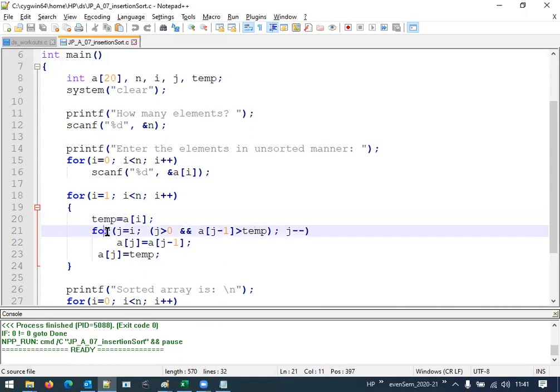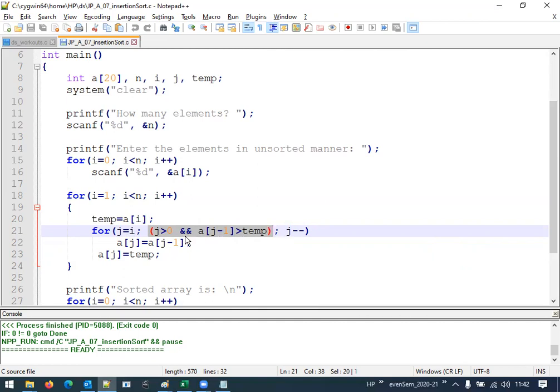Again here we have an inner for loop. For the inner for loop, initialization is j equal to i. So whatever the value of i is, that value will get updated to j, and then it has a compound statement in the conditional part. Look at here, j is greater than 0, logical AND a of j minus 1 greater than temp. To understand this one, we should be very clear about how the logical AND works.